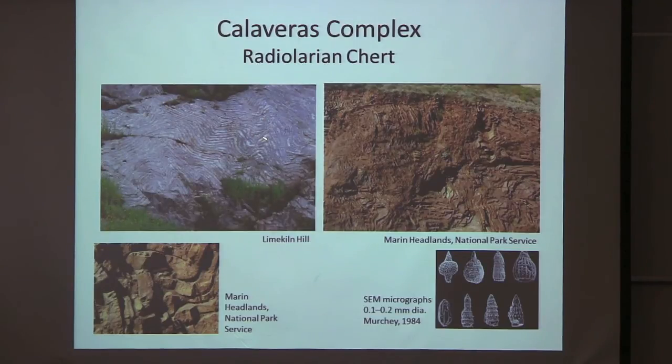One study, and some others, have linked these to Milankovitch cycles with 20,000, 21,000 year cycles, so each band would represent 20,000, 21,000 years. And it's a diagenetic process that emphasizes these bands. It's kind of interesting, these bands have a lot of wrinkling going on, but they usually don't have any cleavage or cracks, so